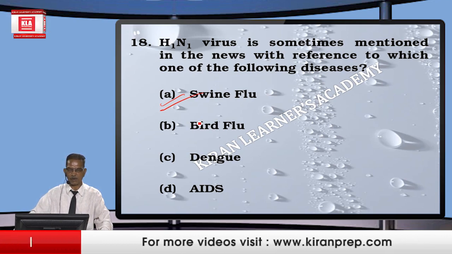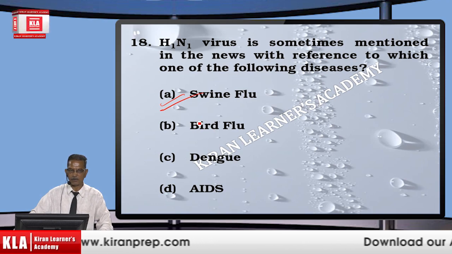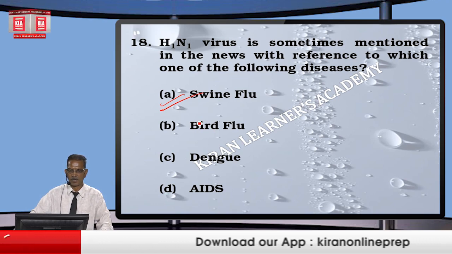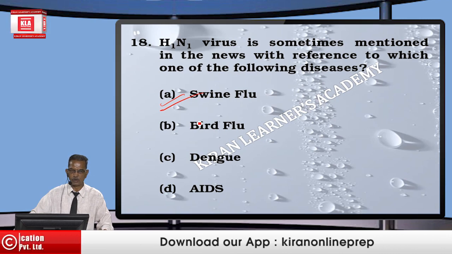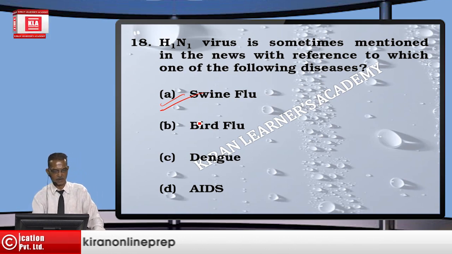Because AIDS is a viral disease, not a flu sort of condition. Dengue is breakbone fever, which is again a viral disease. And bird flu is again a viral flu, but is only restricted to birds. Next,